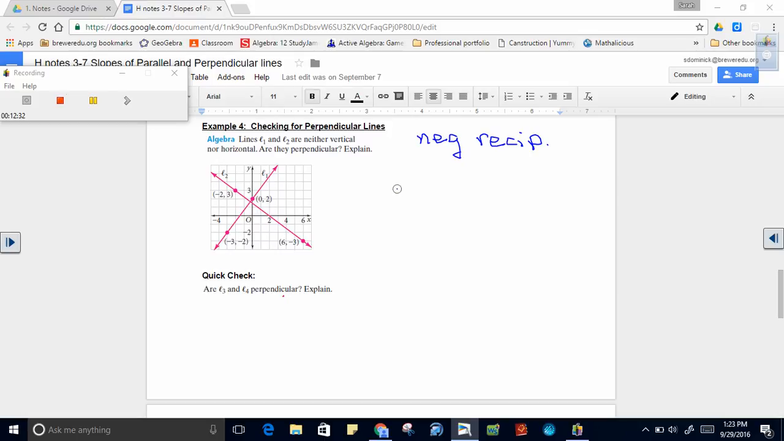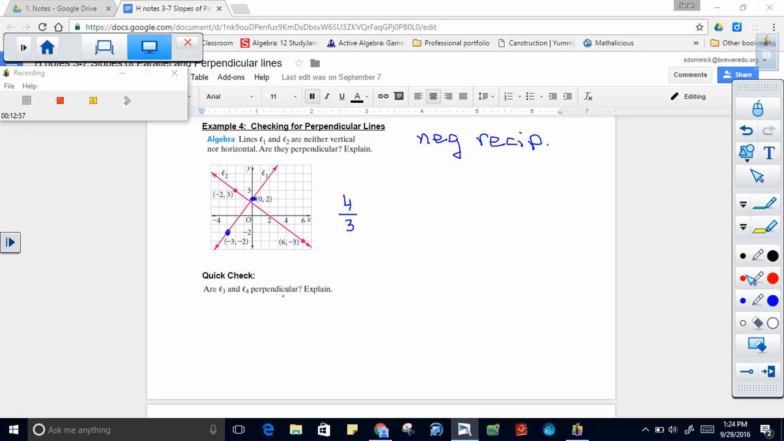Alright, so if I'm going to check this picture, I'm going to do 2 points, again, just like we did above in example 1, and make sure that this slope is a negative reciprocal to the other slope. So for here, if I was going to count up, 1, 2, 3, 4, over 1, 2, 3. So rise of 4, run of 3. The next line,